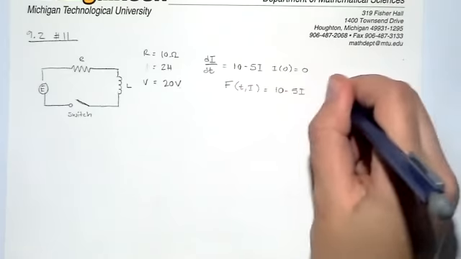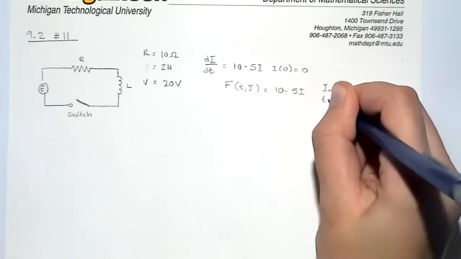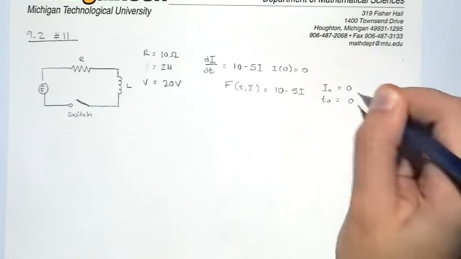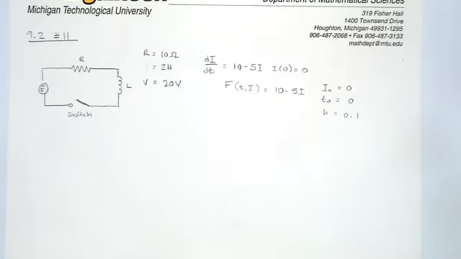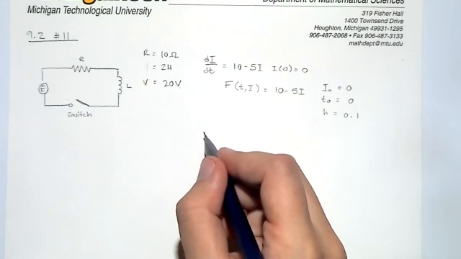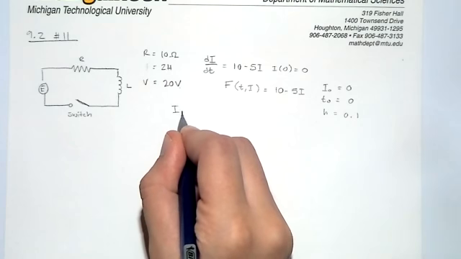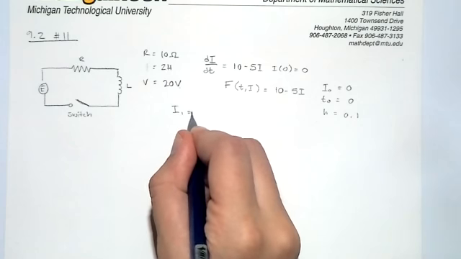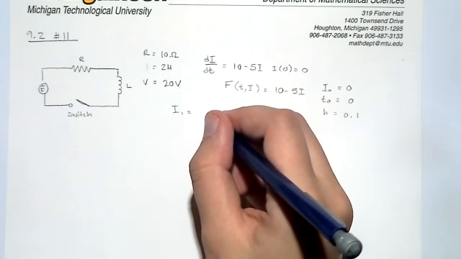Our I sub 0 is equal to 0. T sub 0 is equal to 0. And we are looking at a step size of 0.1. So we are going to set up just as we would set up any other Euler's method problem. So our I sub 1 is going to be equal to